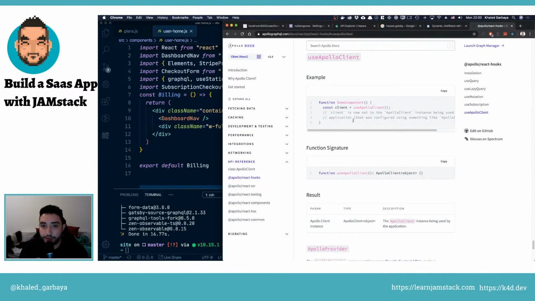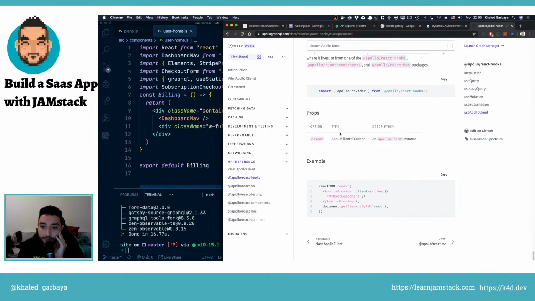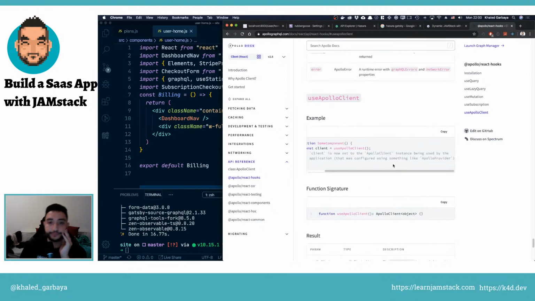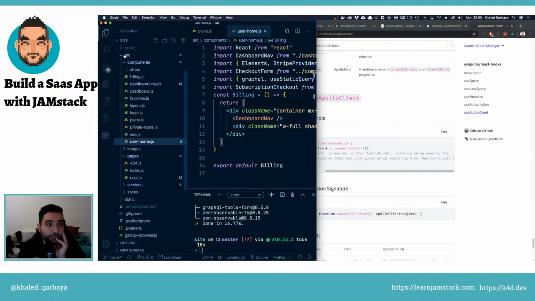Use Apollo client. Client is now set to the Apollo client instance being used. Yeah, so we need this Apollo provider, so that we can go to